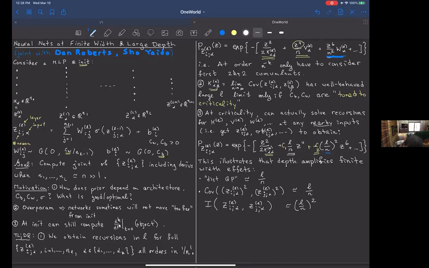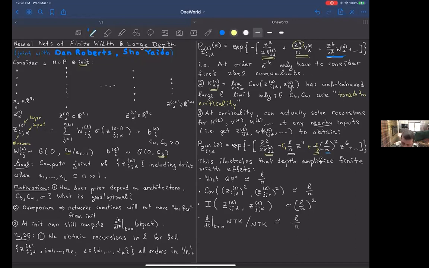But let me tell you the final point I want to make about this depth amplifying finite width effects. This is one of my favorites. We can do this if you know what the neural tangent kernel is. Let's ask how much the neural tangent kernel changes at the start of training relative to its size at the start of training. Usually the change in the neural tangent kernel scales like 1 over the network width. It goes to 0. That's the statement that in the infinite width limit, if you fix the depth, the NTK is frozen and you have a linear model, at least with the initialization scheme that I'm studying. But what I'm saying is that this actually scales like depth over width.